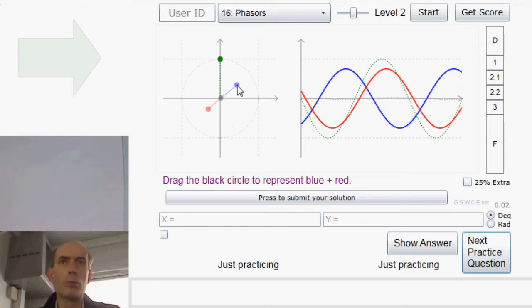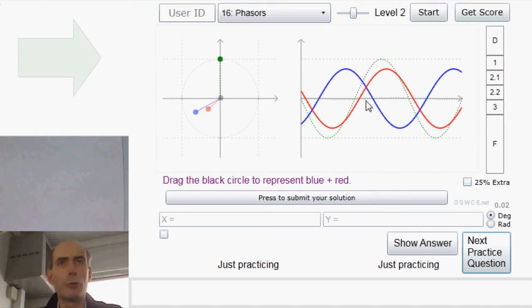Let's try and put the blue dot to represent this blue waveform here. You can see that the blue is leading the green by around about, well, that would have its maximum around about there. So I'd say that's about 90 plus 30, about 120 degrees leading the green. So if I go anti-clockwise from the green here, the blue will be somewhere in this direction, and its amplitude is about 3/4 of the amplitude of the green, so somewhere around about there would be a blue phasor that